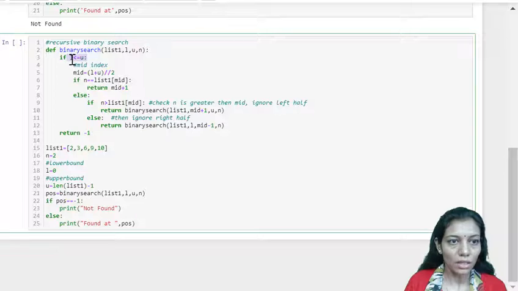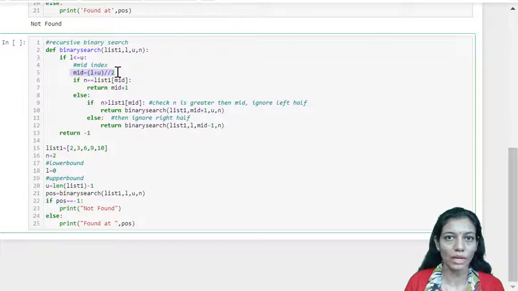This is the condition that lower bound should be less than or equal to upper bound, and the middle value is found the same way as earlier. If the element is found at middle, then we'll return this. So this is our base condition, on which our recursive function call will terminate.